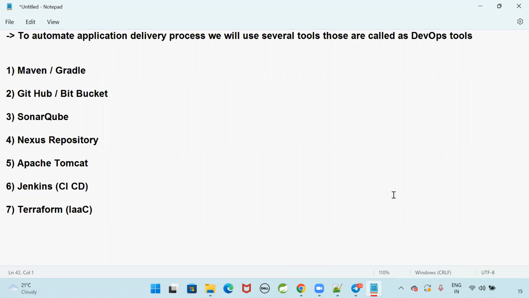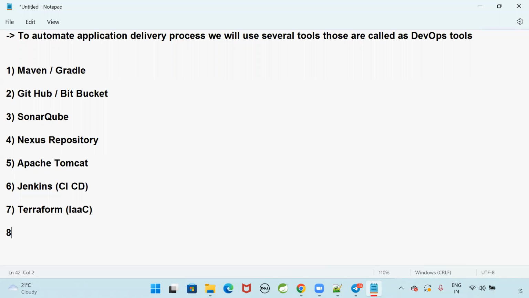To set up my application in the cloud platform, I need 10 virtual machines, 10 web servers I need, 3 database servers I need, one S3 bucket I need. So like this, whatever the infrastructure we need from the cloud, instead of creating the infrastructure manually, we can create that infrastructure by using Terraform. Terraform is infrastructure as code. You can write some code in the Terraform script to create the infrastructure in the cloud.